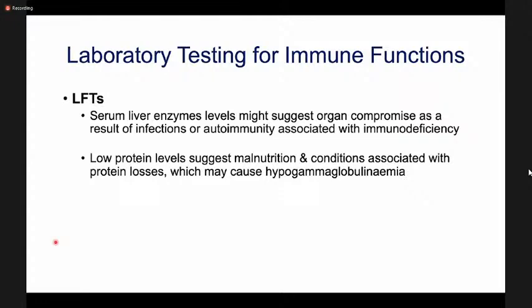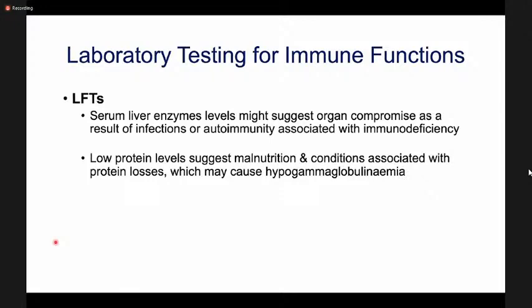So low protein levels would suggest some malnutrition or a condition associated with loss of protein, which may cause hypogammaglobulinemia. So you know that IgG is the most predominant globulin, and your total protein consists of your albumin and globulin. So if you just roughly do that calculation, it can give you a clue. It's not validated here, but that has been validated in the West as a screening test for hypogammaglobulinemia, the calculated globulin. So anything less than 18 grams per liter, you start thinking that there are low globulins in this patient. For your liver enzymes, if they're elevated,